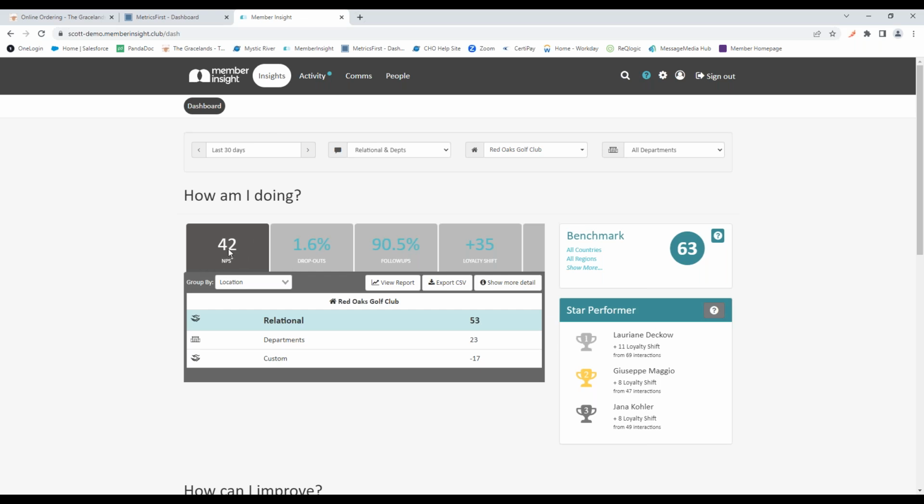For those that do not know what NPS score is, it stands for Net Promoter Score, and it ranges from -100 being the worst and 100 being the best. Up here is a live number that's going to show you what current Jonas clubs are at for their NPS score. So you can see how you're trending versus other clubs.